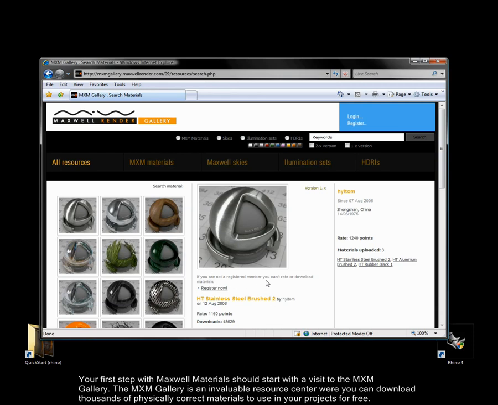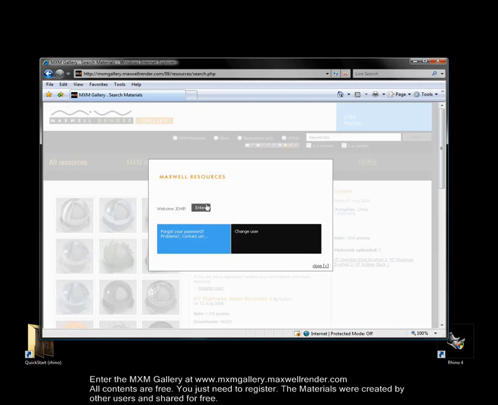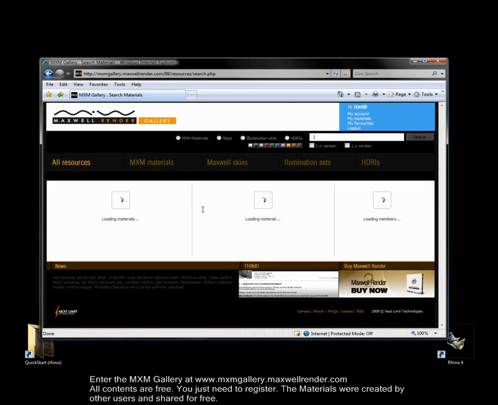The MXM Gallery is an invaluable resource center where you can download thousands of physically correct materials to use in your projects for free. Enter the MXM Gallery at